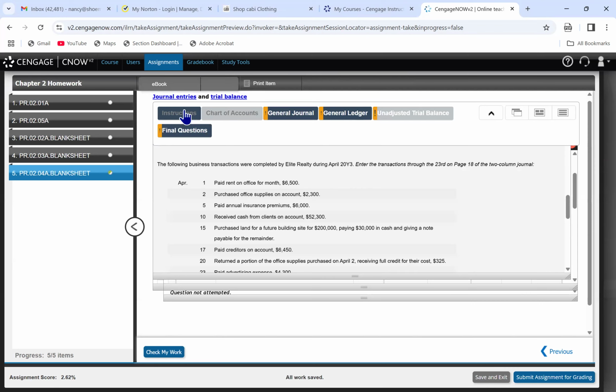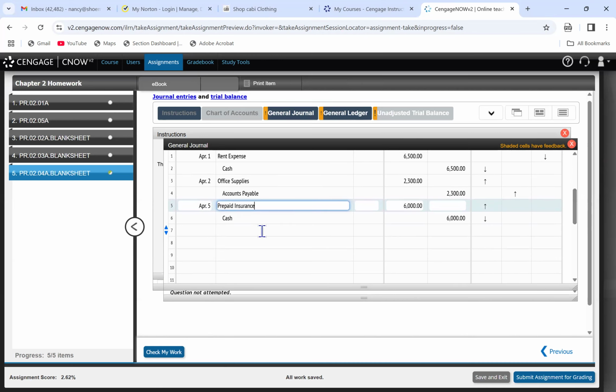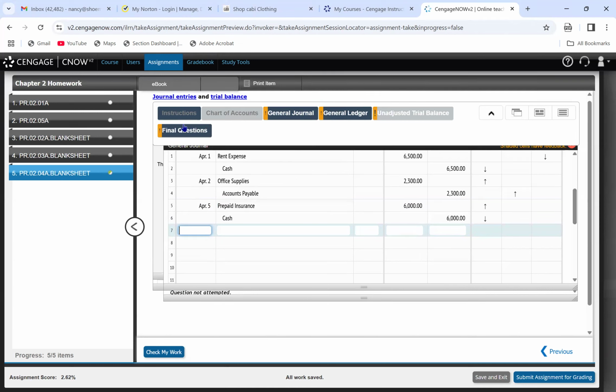is April 5th, paid annual insurance premiums of 6,000. April 5th, annual prepaid insurance, 6,000. And that is cash of 6,000. Okay. The next one